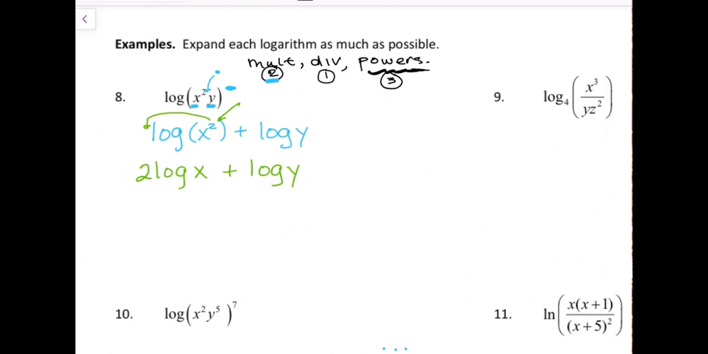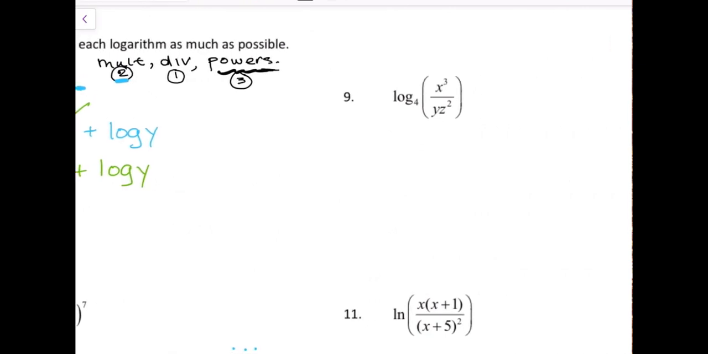Okay, let's try another example. In this example, we want to again go in that same order. So the first thing I'm going to look for is any division, and there's division right there. So I want to split this into two logarithms of base 4, where my numerator is one argument and the denominator, yz squared,